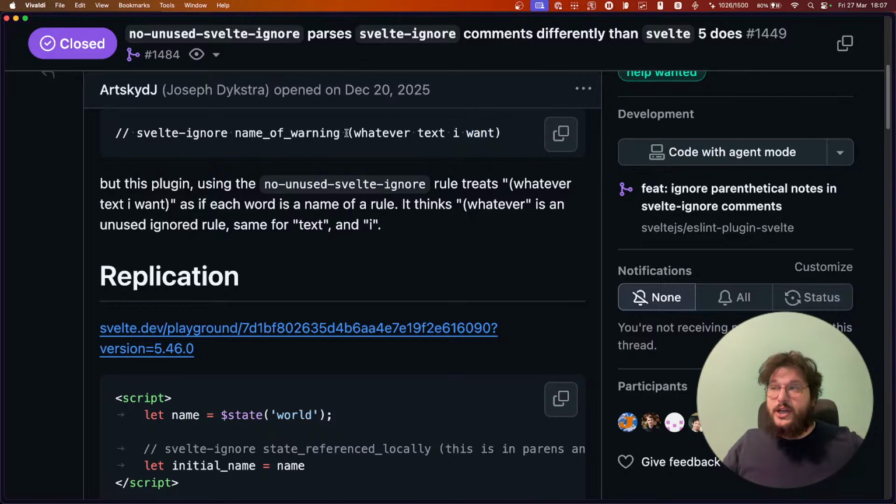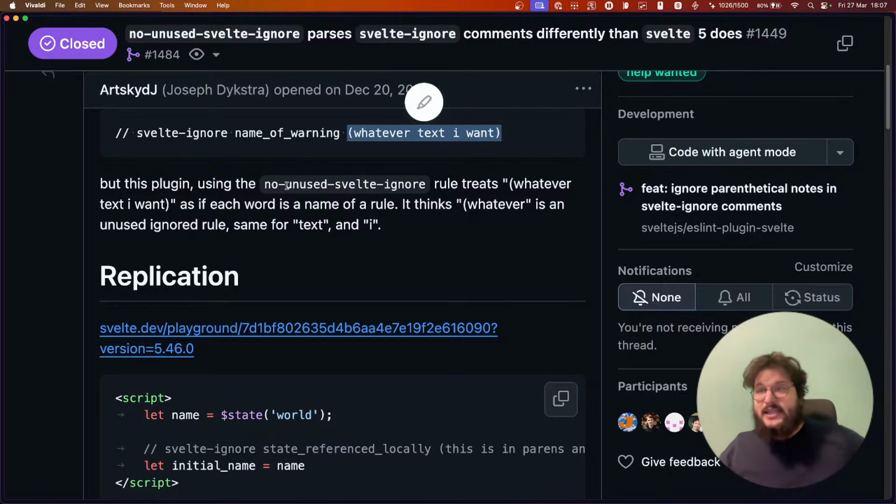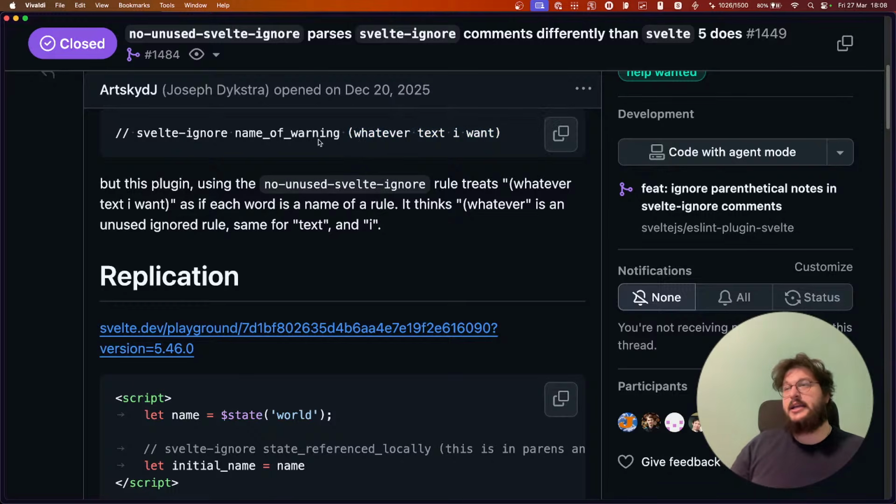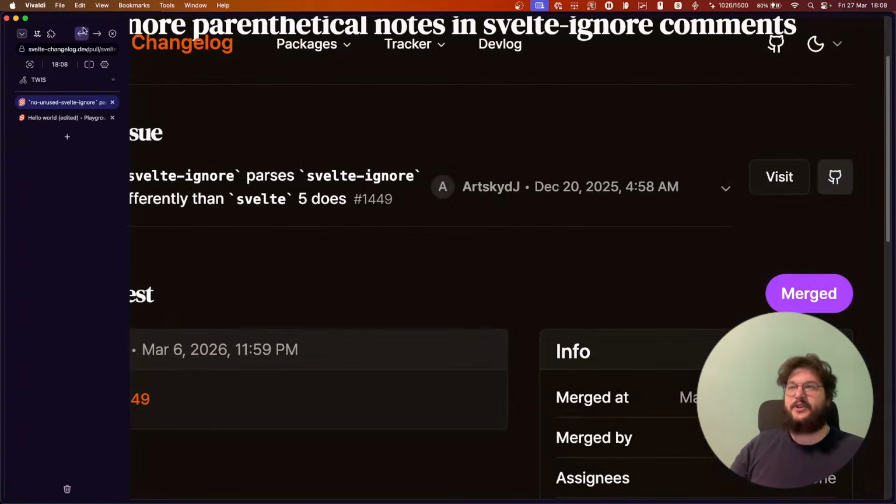So basically what you can do now is parenthesize this thing, and it's ignored in the list of things that you want to ignore. And so this way you can actually leave some comment about why you are ignoring that specific thing.